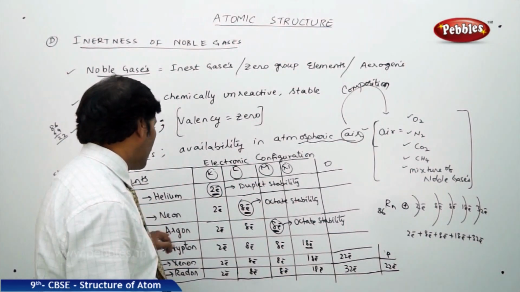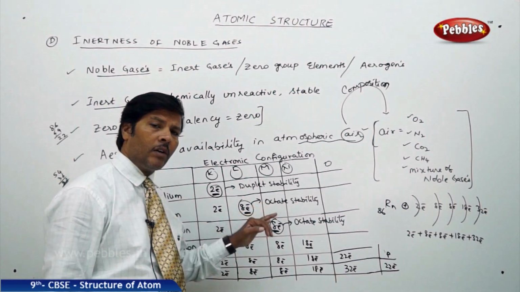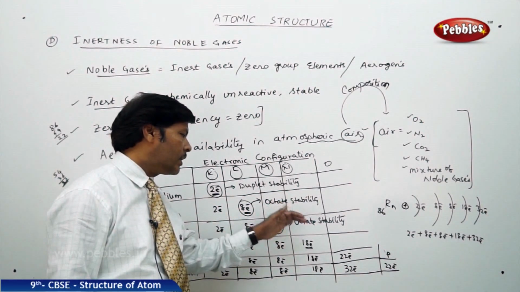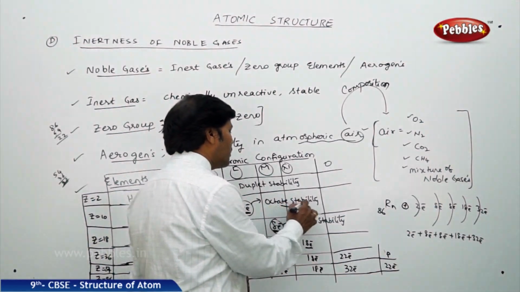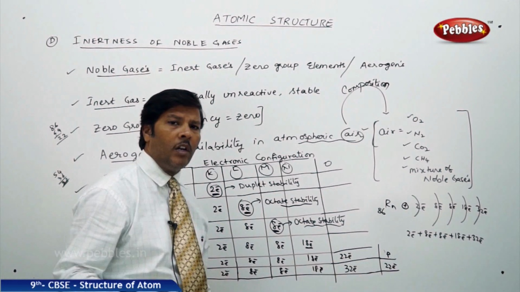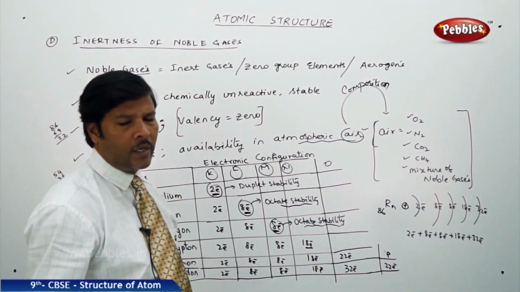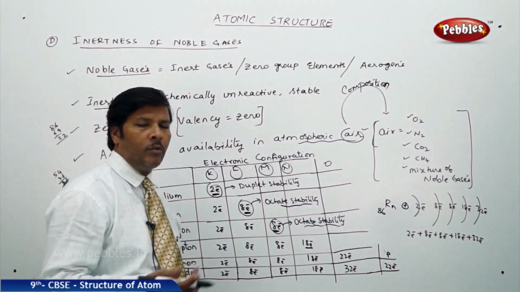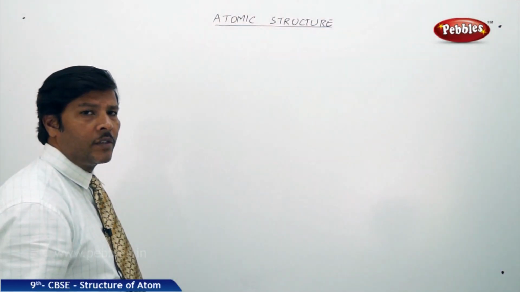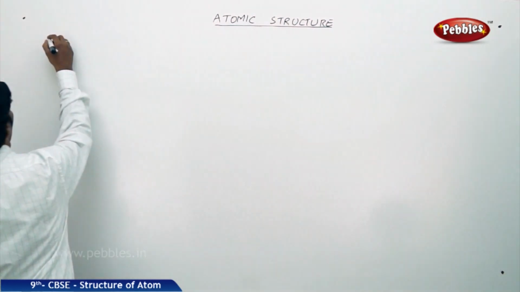If you go for neon and argon in particular, they have 8 electrons in the outermost shell, so the valence electrons are 8. 8 means they definitely acquire the octet stability. So for the rest of the elements also, according to our convenience, we can understand that all remaining elements except helium are going to acquire octet stability, because they usually have 8 electrons in the valency shell. So the next part of the discussion here is